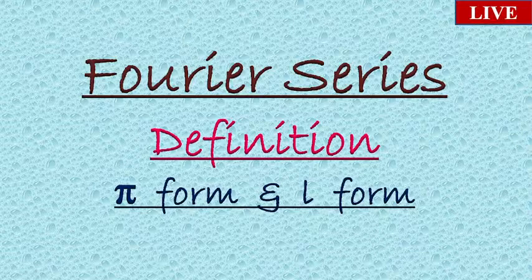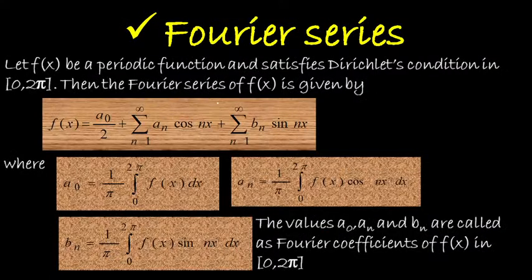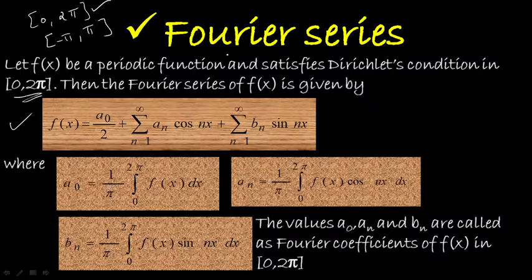In this video, let me discuss the Fourier series definition both in pi form and L form. So this is the general Fourier series representation of any function defined in the interval 0, 2 pi. In pi form, we have two intervals, most probably we have discussed: one from 0 to 2 pi, another one is from minus pi to pi. So now we will look at the general Fourier series representation of a given function in an interval 0, 2 pi